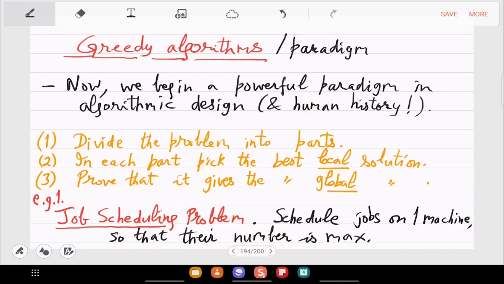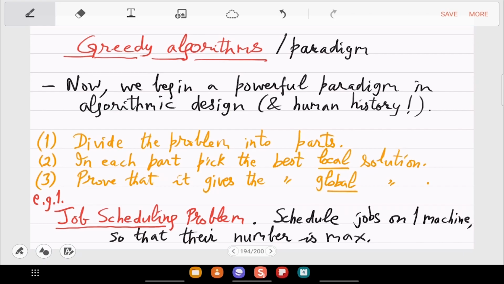That is not up to you, so that will be in the input. Given the preferred schedule of each job and given one machine only, you cannot do parallel processing. So two jobs cannot overlap on the machine. You have to make a schedule so that the maximum number of jobs are done. This is obviously practically very useful. This is just one abstract example, and it has many versions.